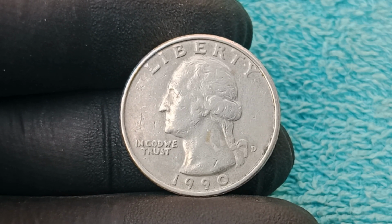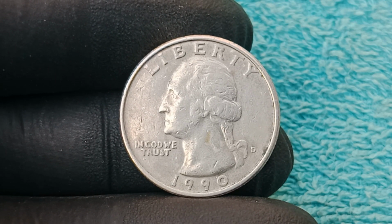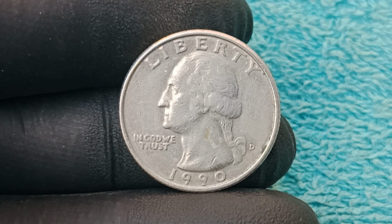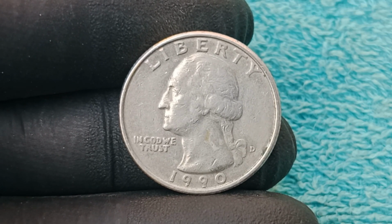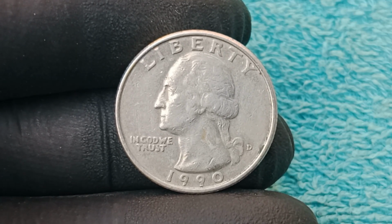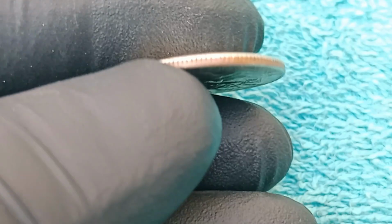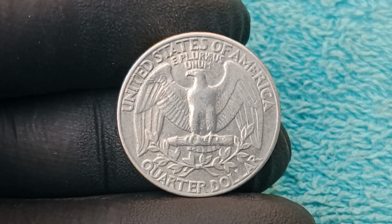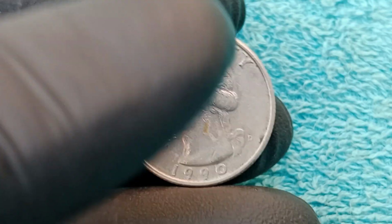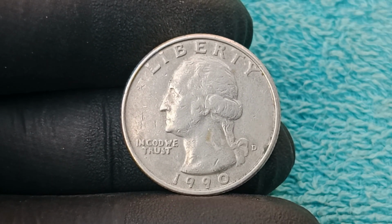It demonstrates that extraordinary value can hide in the most ordinary places, fueling a worldwide fascination with the idea that life-changing discoveries could be lying unnoticed in pockets or coin jars. Collectors appreciate the coin not only for its errors but for its storytelling power. Every scratch, strike, flaw, and misalignment reflects a moment in the minting process where mechanical precision faltered, allowing extraordinary accidents